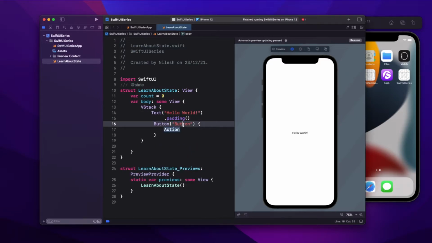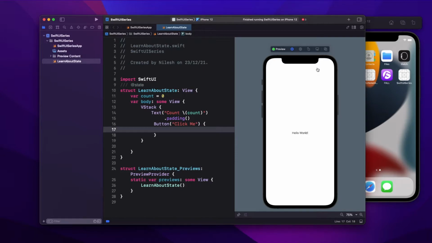Let's change the button name to click me, and change this hello world to count, putting the count value as count. If I resume it right now, it will look like count, and count is 0. On click me, nothing is happening because I'm not performing any action.